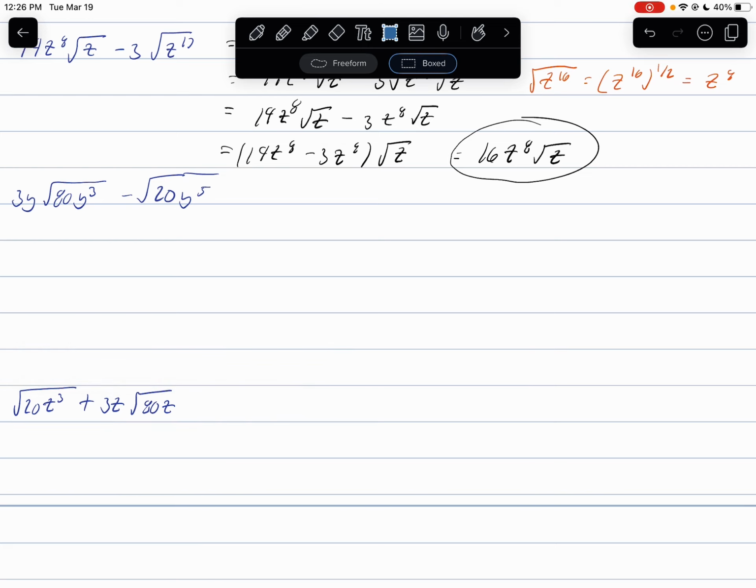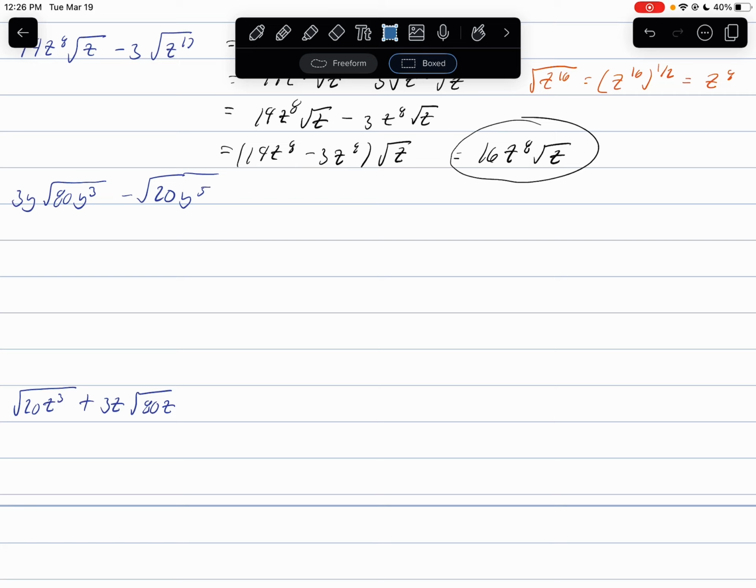Here we have 3y times the square root of 80 times y to the 3rd minus the square root of 20y to the 5th. Okay, let's see what we can do. I think we could probably get a... Can we pull out a square? It looks like we can pull out maybe a y squared from this right side here. So this will become